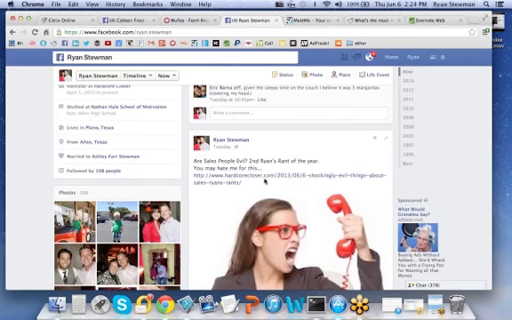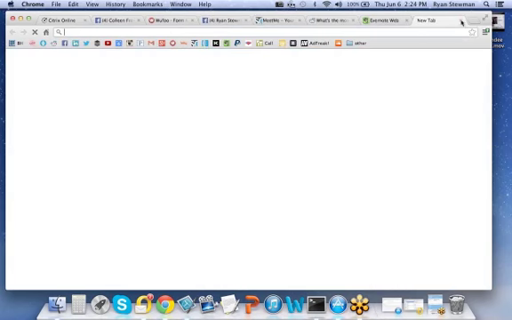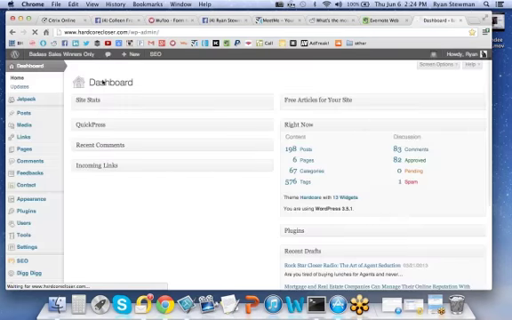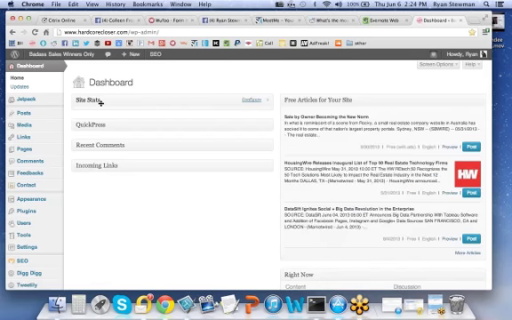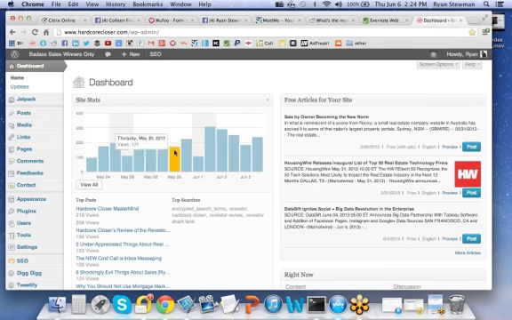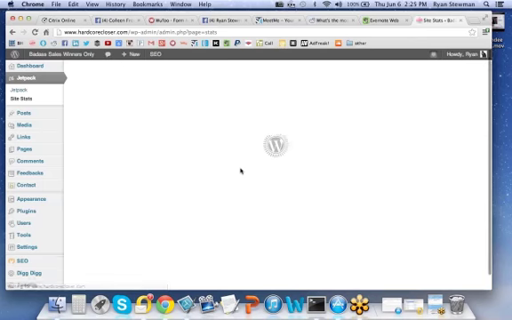And so I've been practicing this for a few weeks, and I can show you literally the difference in traffic it's brought to my website the last few weeks that I've been doing this. Now, I'm not saying that you have a website. Let me pull it up here. This is going to show you the site stats on my Hardcore Closer blog. Actually, I've been doing it for about 2 weeks, so you can go back about 2 weeks and see that there's quite a drop in traffic from there.